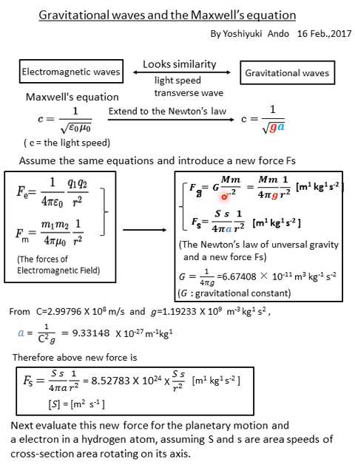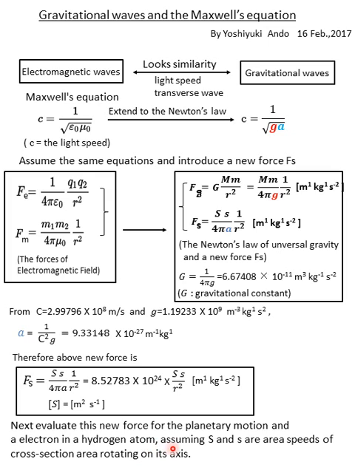And here this G is gravitational constant, like this value. And to adjust to the same formula style, G is modified to this style from the light speed c and small g. From this equation, small a here is this formula and the value is this. Therefore, new force Fs is finally this formula. And here S and small s are the area speed. Then from the next page, I will evaluate this new force for the planetary motion and the electron in the